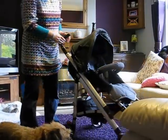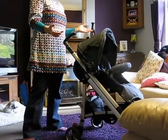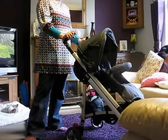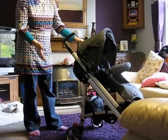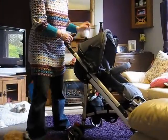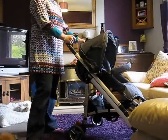I don't think the wheels come off. I haven't actually looked at that, but I don't think they do. But I've never seen the benefit of wheels coming off unless you want to clean them. I suppose if you were going on holiday and you needed more room, it could be useful, but I don't think the wheels come off this unit. It has suspension on the back and on the front as well, so it's really good for going over all the rough ground and